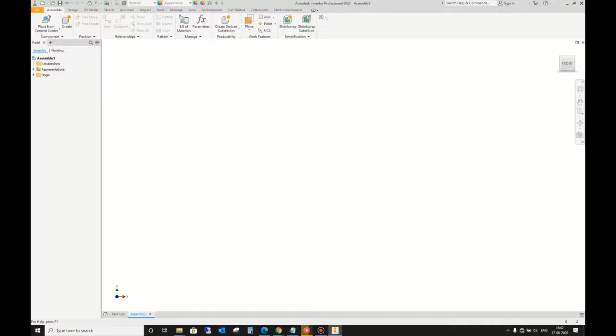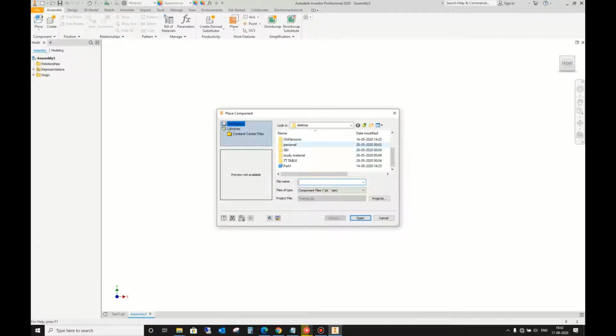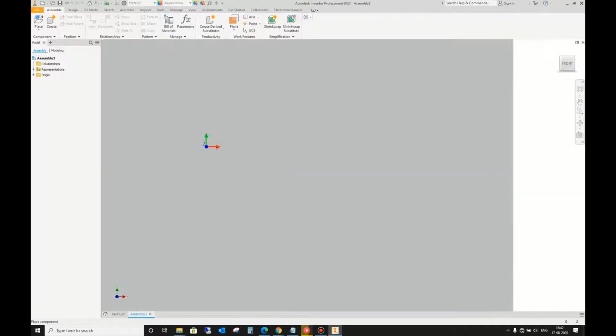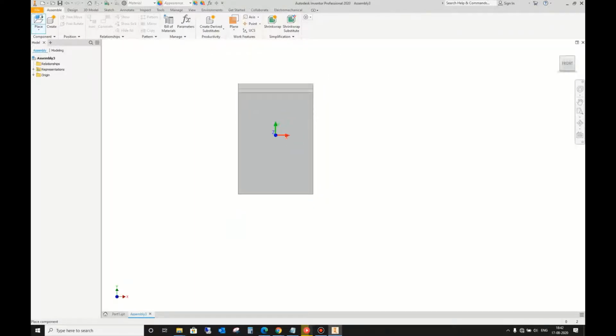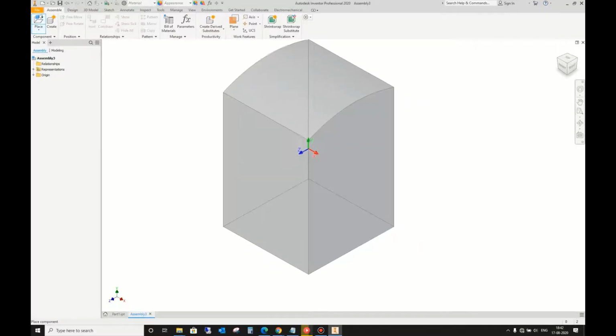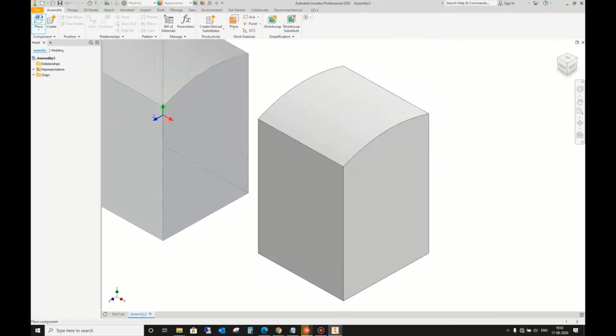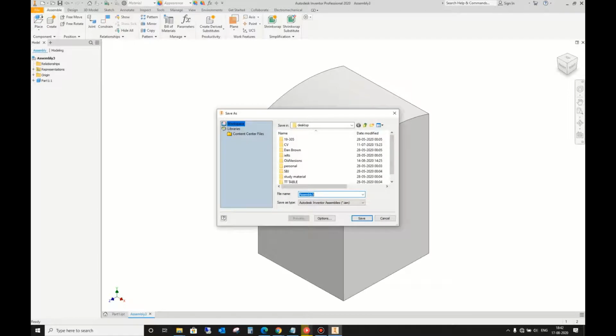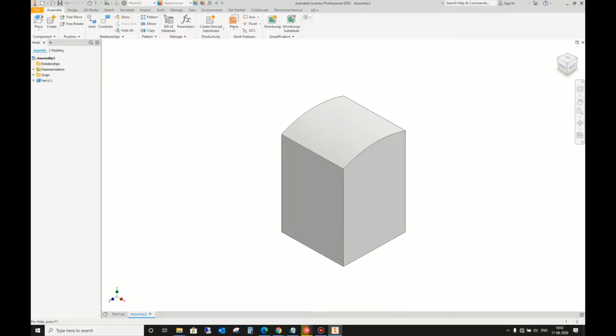You can see that you have different options which are not highlighted till now. We will just place a part for example, so that all these options will get highlighted here. You can see that all of the options here are highlighted.